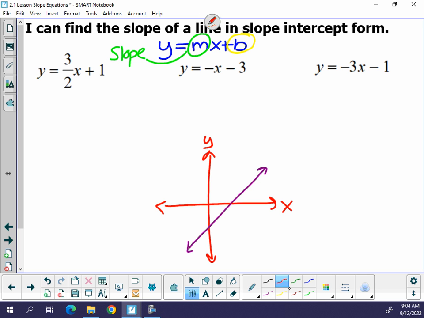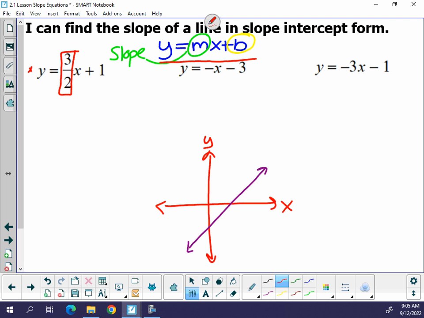So if we have an equation with y and x in it, of course an equation always has an equal sign, and y is all by itself, usually on the left side of the equation, then we have an equation of a line that is in slope-intercept form. And if we want to know how slanted it is, we want to know the slope of that line, we can simply look at the number in front of x. m in this slope-intercept equation is in front of x, so we are just going to grab the number in front of x. So if I look at this first equation here,